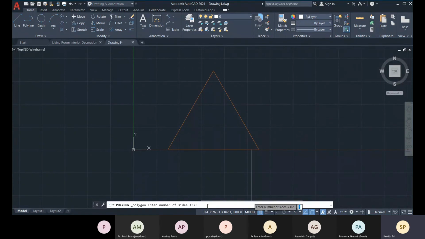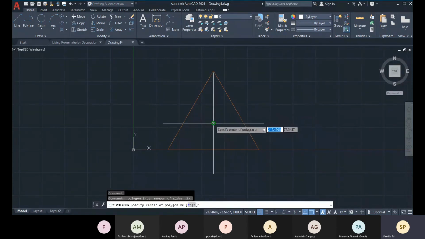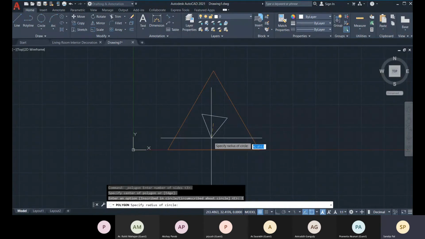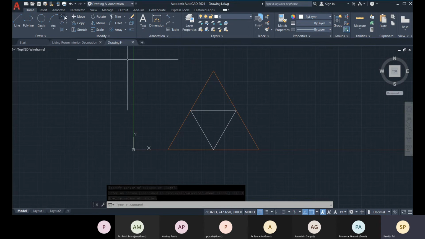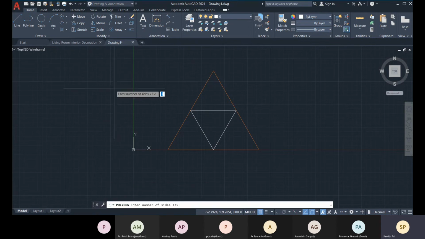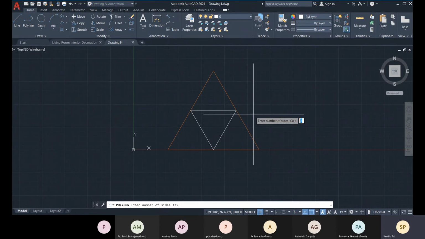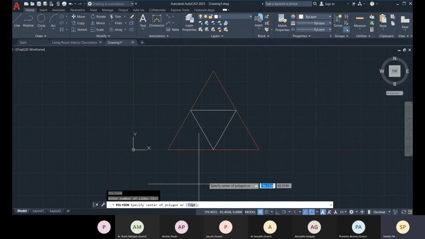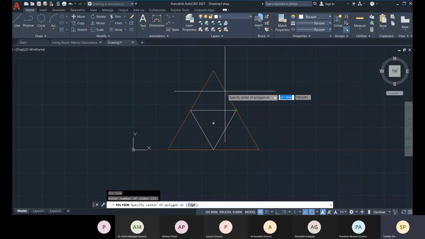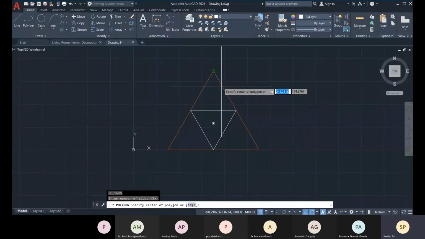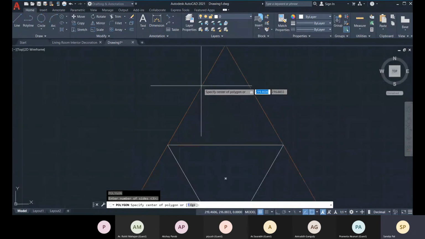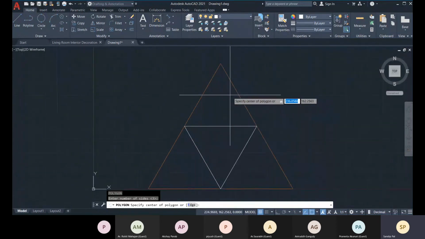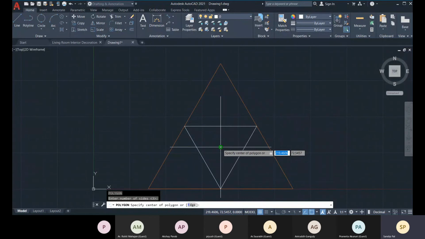Polygon, number of sides is 3, and the center I will choose this, and then I'll choose inscribed. Now this is okay. Again the same polygon, so I will not choose it again, I will simply press enter so that the previous command is activated. The number of sides is 3, and the center is the same. If you place it here over the circumference of this triangle, you'll get this center.